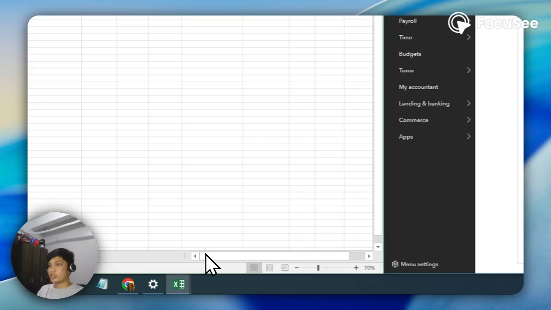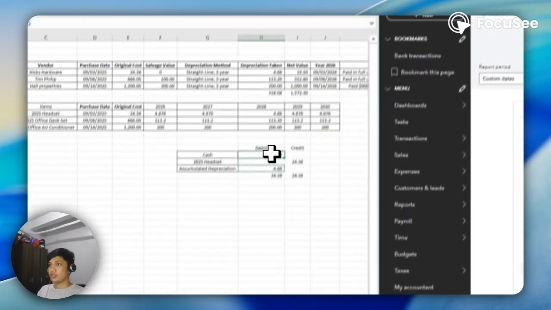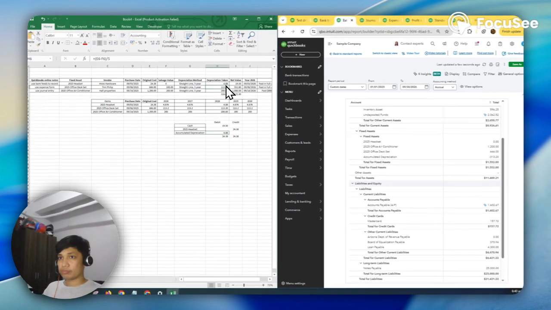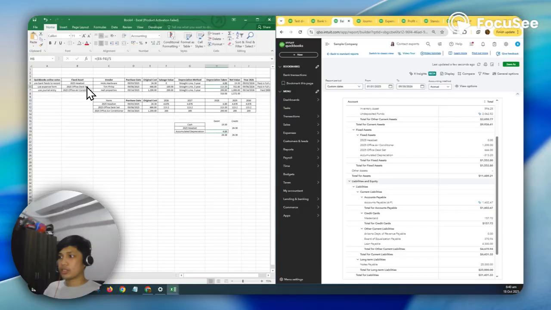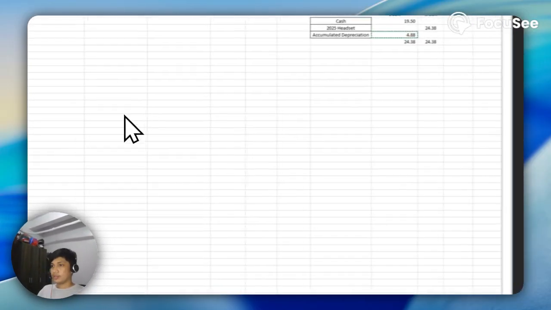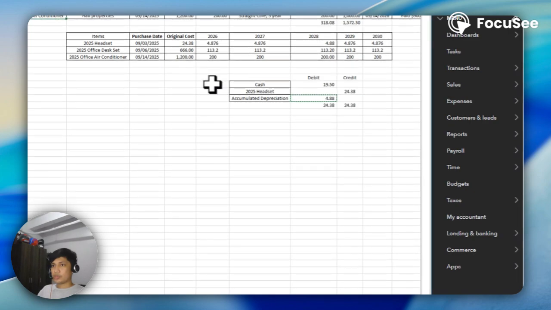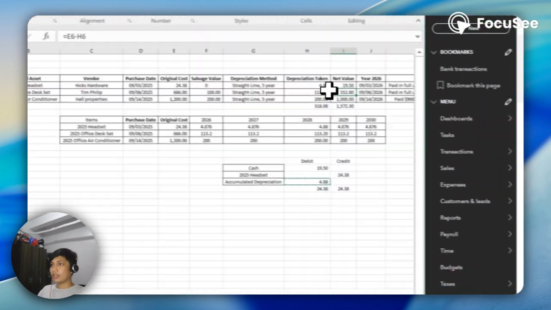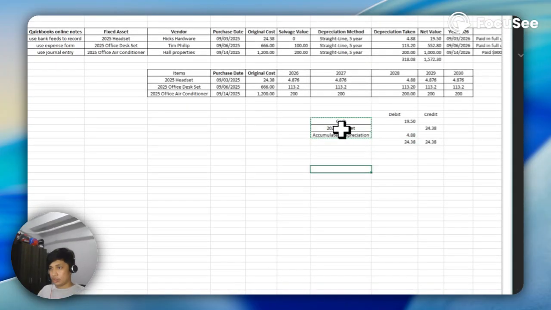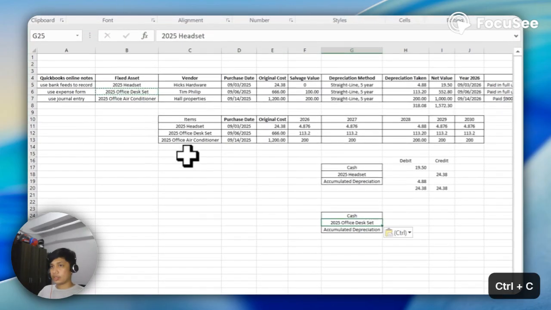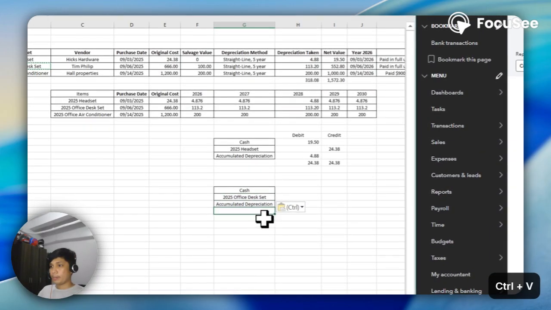So in this case, we sold the headset based on the net value. What if I'm going to sell this office desk lower than net value? I'm going to copy paste it, and then I'll change it to office desk set.